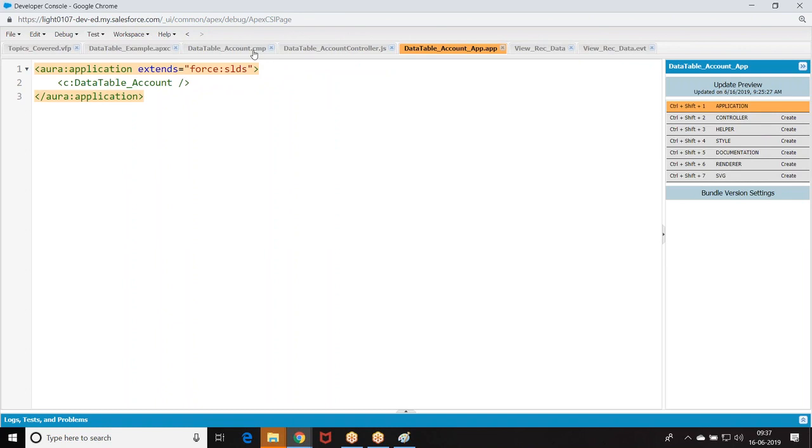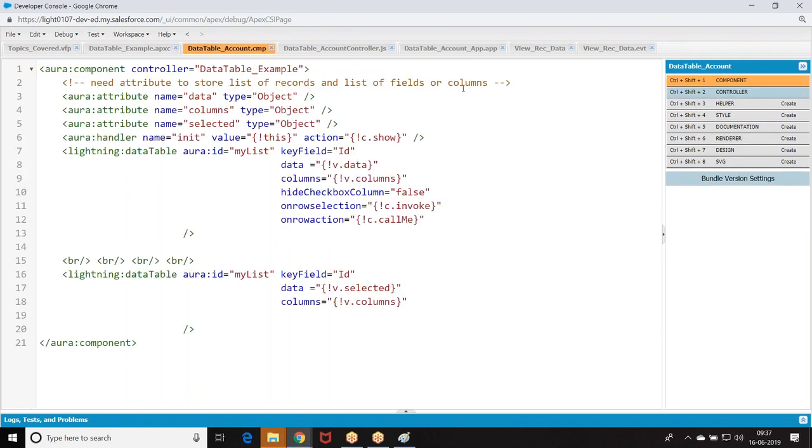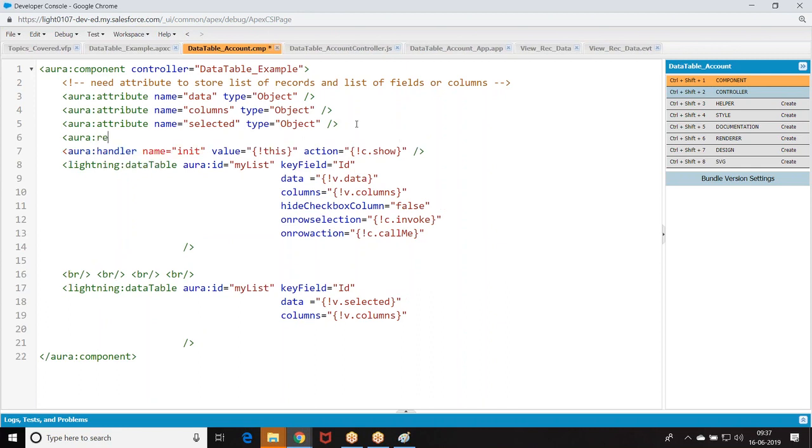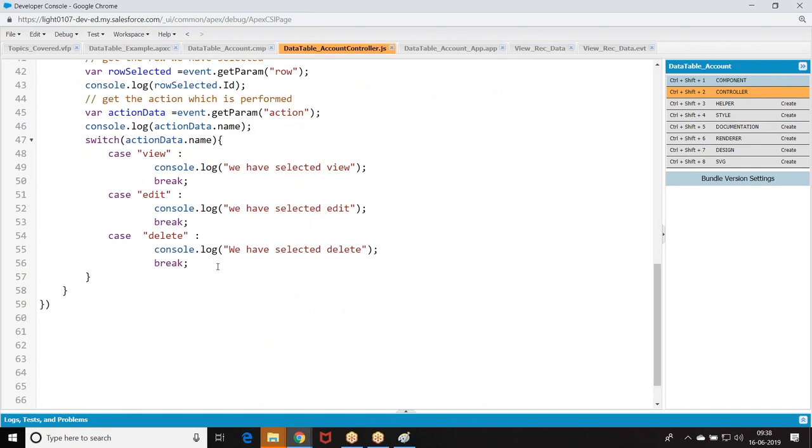Then what I was supposed to do? Register an event. How do you register an event? Is only register the event. When you register the event, go to this. Whenever the row selection happened,